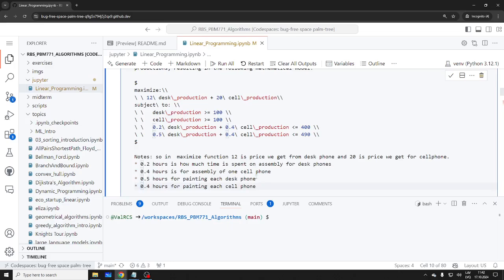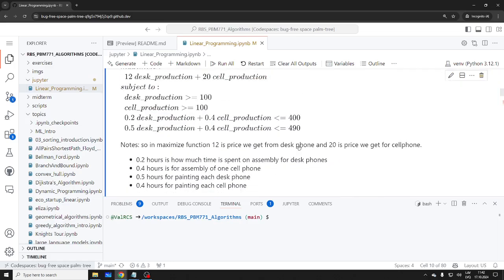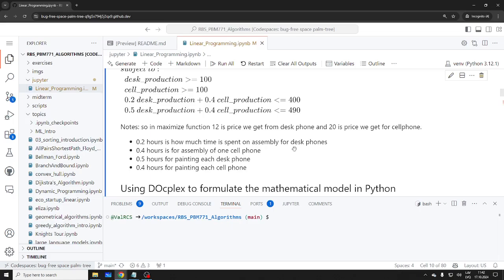And of course, when you're building this type of problem, it's crucial to get the formulas right. So now we will look at how we would solve this using a Python library, and only then will we look at how we would solve it if we didn't have a library. The library is pretty easy. The hard part is actually